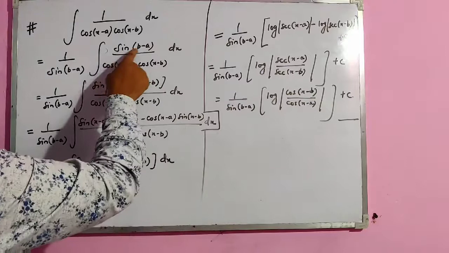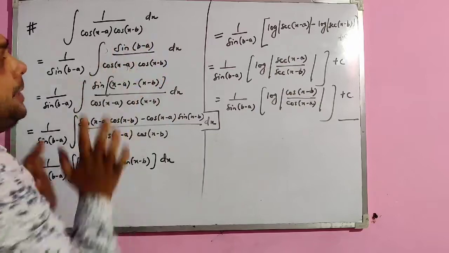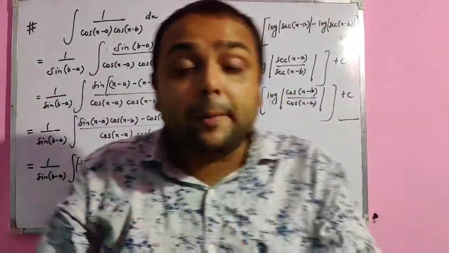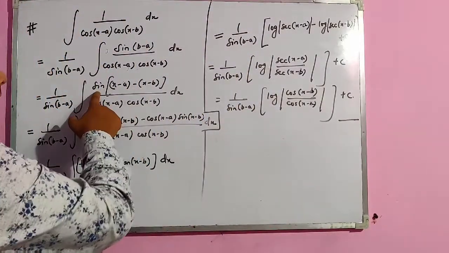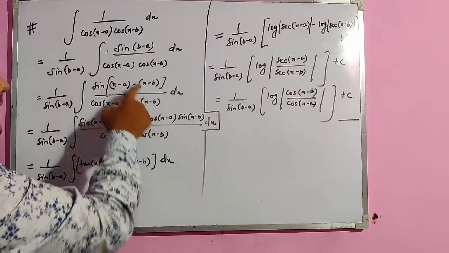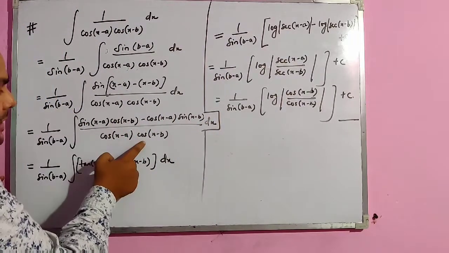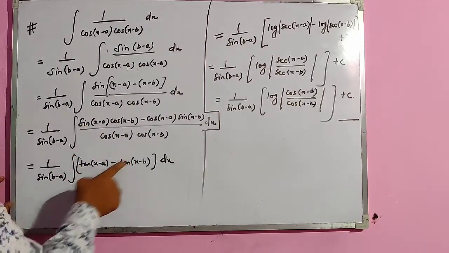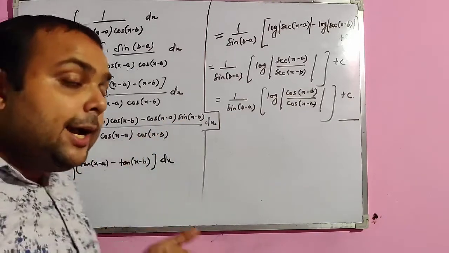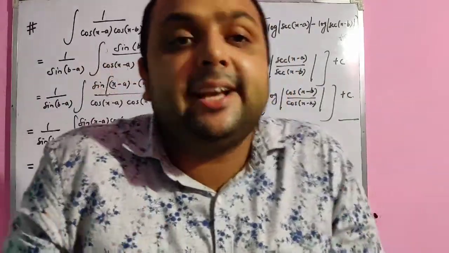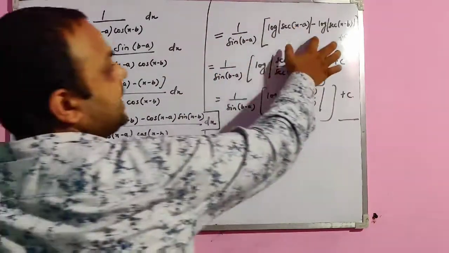Now this sine(b minus a) can be written as sine of ((x minus a) minus (x minus b)). If you solve this, you will get b minus a. So I have done this to apply a formula here. The formula is sine(a minus b), which is sine a cos b minus cos a sine b. So after opening the formula, taking it individually, cos and cos cancel out, sine by cos becomes tan(x minus a); cos and cos cancel out, sine by cos becomes tan(x minus b). Now applying the integration of tan x is log sec x. So this is log sec(x minus a) and this is log sec(x minus b).